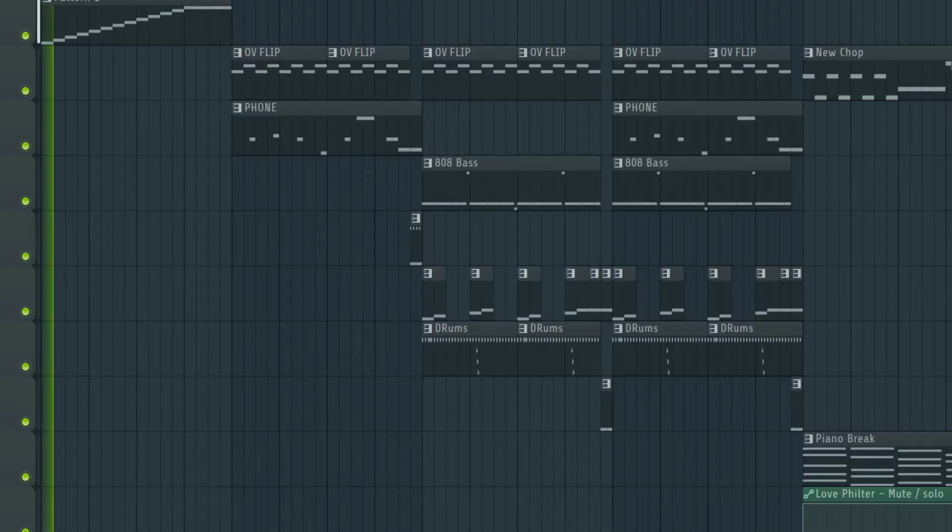Let's see. This should work. All right, so what I was kind of going for on this was I wanted to use the sample as an instrument. So I got the sample from Cedric, and Cedric was like, "Hey, flip this." So I flipped it two ways. Actually, both beats are on this album, which is super dope.